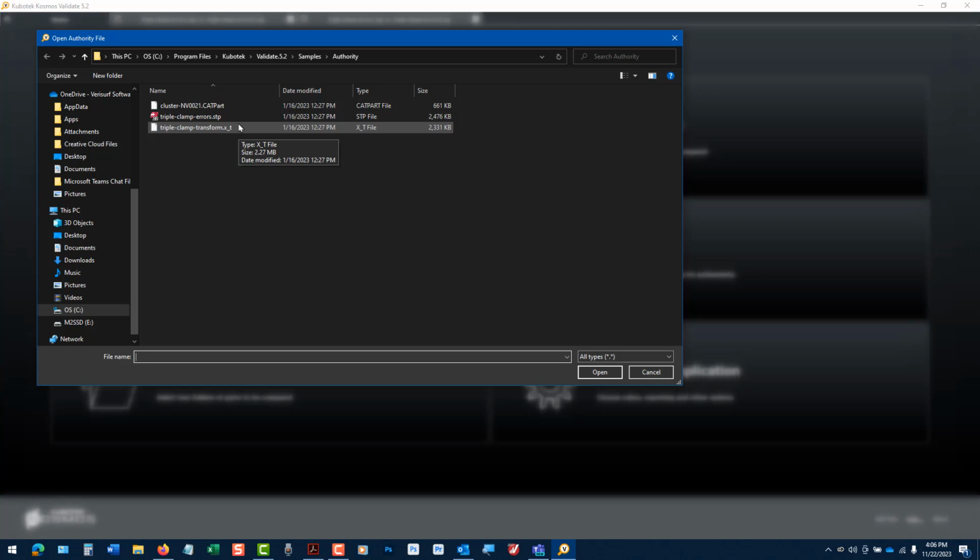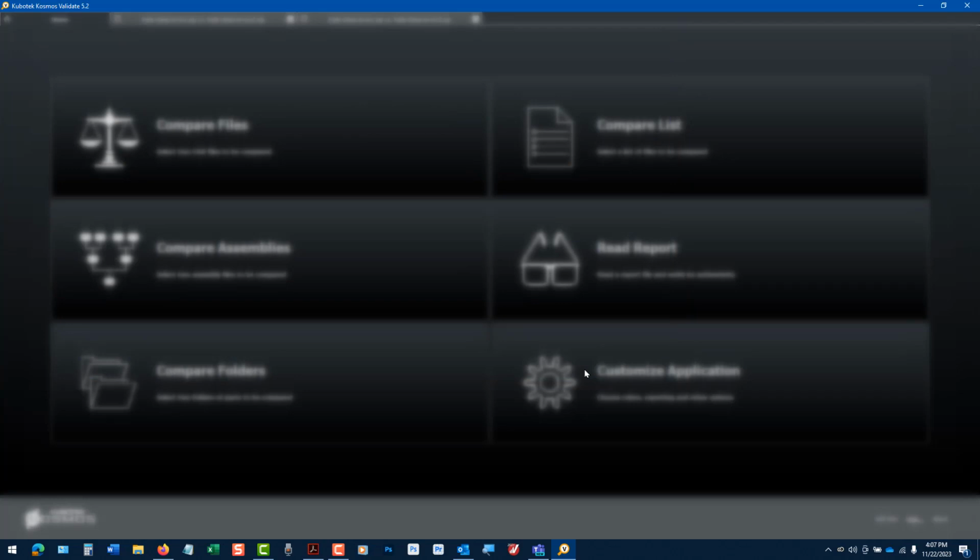Kubatech installs some samples, to give us some examples to train from or to demonstrate the capabilities. So we're going to click on the samples and we're going to begin with the authority model. We see here at the top it says open authority file. So we'll go into the authority folder and let's pick this STEP file here and then open.